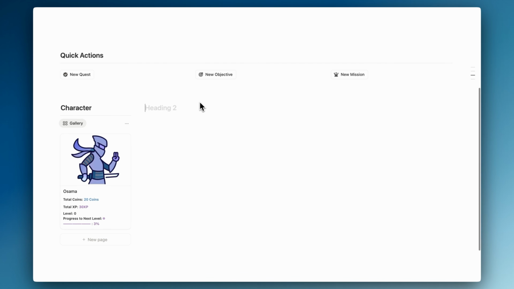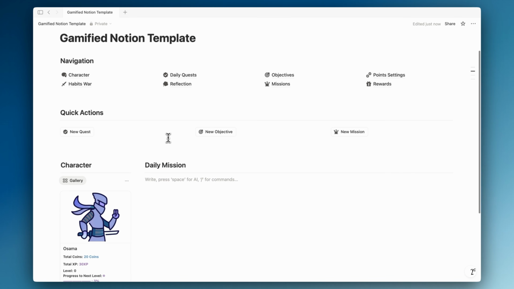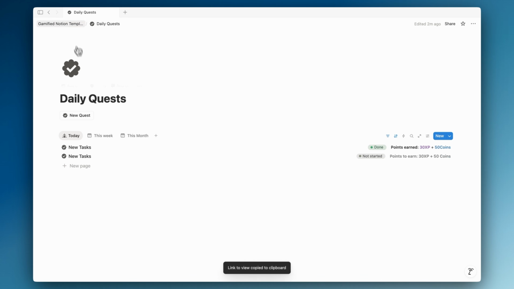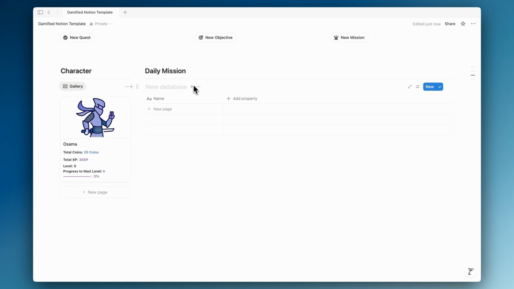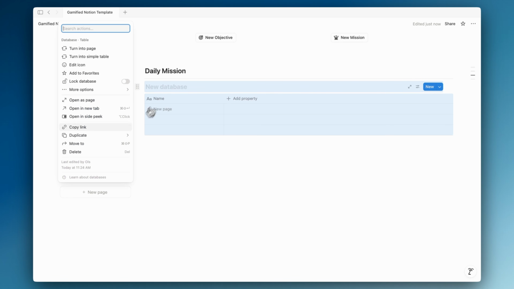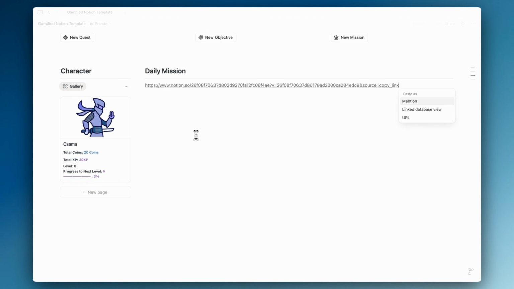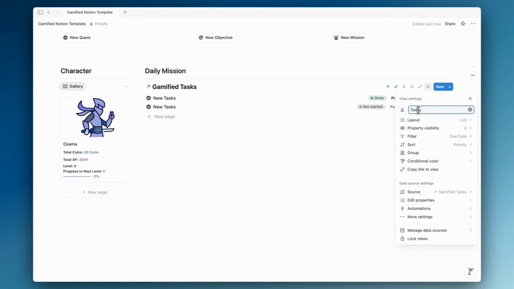Then let's create my daily inbox or daily mission. Let's name it daily mission. So here I'm going to add my tasks, my journal, and my habits. So I'm going to my daily quests here, copy the link, table view, or sorry, why did I do the table view? Let's delete this one. Okay, sorry. Let's delete. So I'm going to paste the view here, name it quests. Okay,